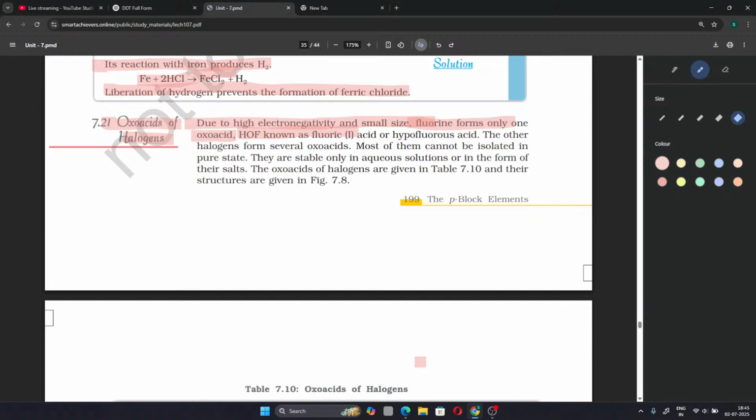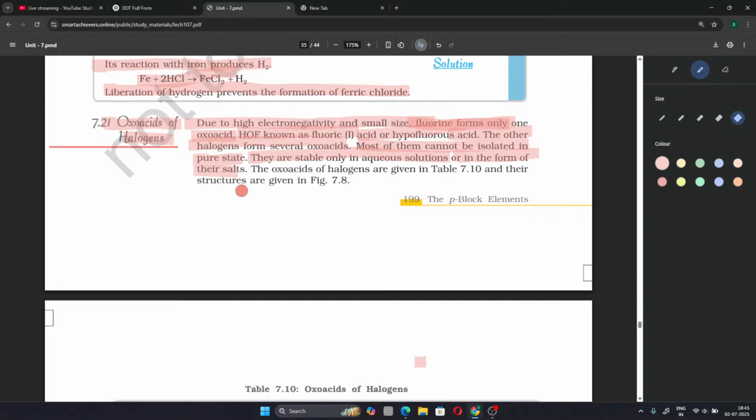Fluoric acid or hypofluorous acid. The other halogens form several oxoacids. Most of them cannot be isolated in a pure state. They are very stable only in aqueous solutions or in the form of their salts. These exact same lines we saw in the case of oxoacids of chalcogens